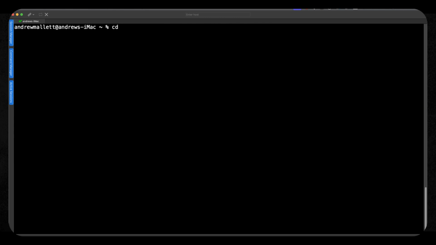So I can use Control and L again to clear my screen, and I'm going to move into my images directory. And inside of the images directory, I've put my Packer HCL file. This is what Packer is going to use to know how to build my image. And Packer can build images for AWS, for Azure, for Google Cloud, as well as what we're going to be